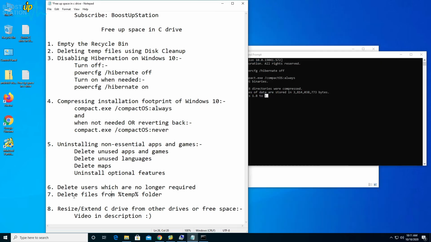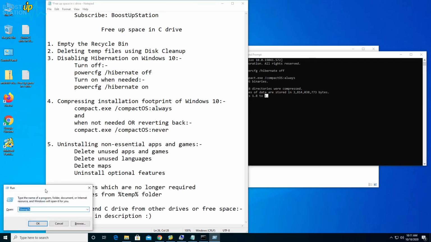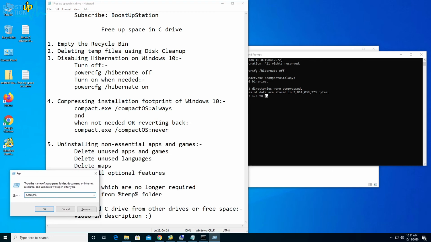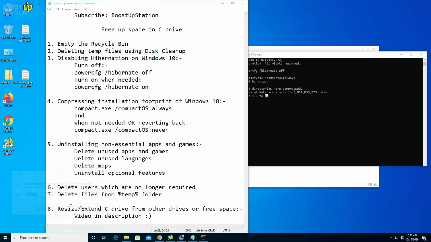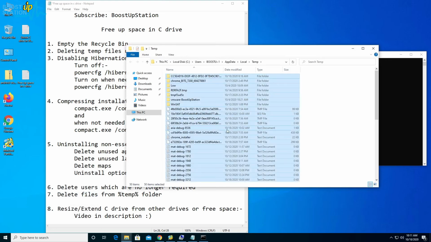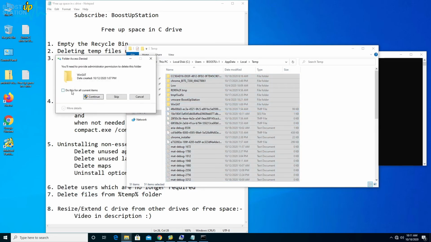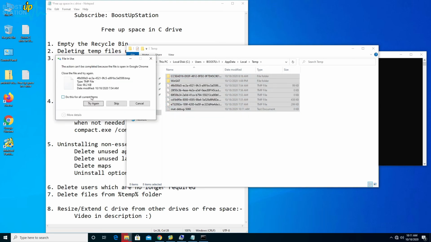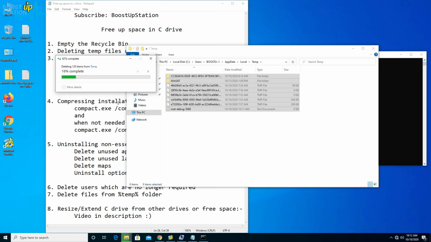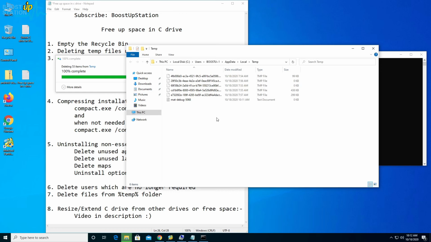Alright. Now let's go to this folder and delete all files. So just type Windows key plus R in the keyboard. It will bring you to this run prompt and you have to type %temp% and click on OK. Now select all files, Ctrl A and press Shift plus delete in the keyboard and click on yes. It will delete all these temporary files permanently. Click on this, do this for all current items and click on continue. Now just click on this again and click on skip because these files will not be deleted. So we have just freed up this space also.